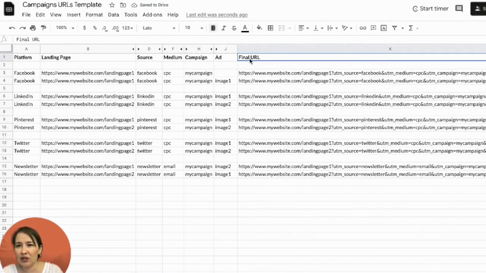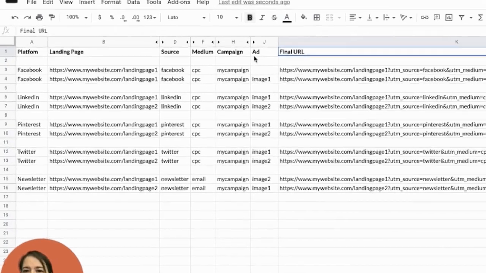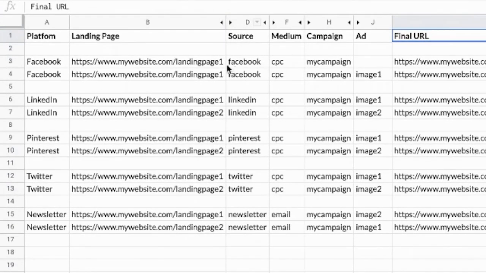So instead of using the UTM parameter builder when you have several campaigns that you're running at the same time, and also to keep track of all the URLs that you have, it's nicer to have Google Sheets or an Excel spreadsheet where you can have all the URLs that you have been using over time. So here, as you can see these triangles, I am hiding the code, so you don't need to see it. But for example, in this, let's say that you're running a Facebook campaign and you're using the same image for the campaign,